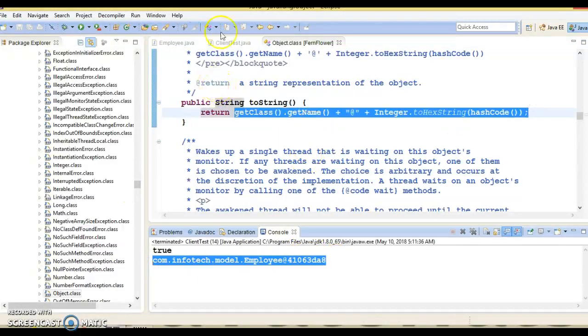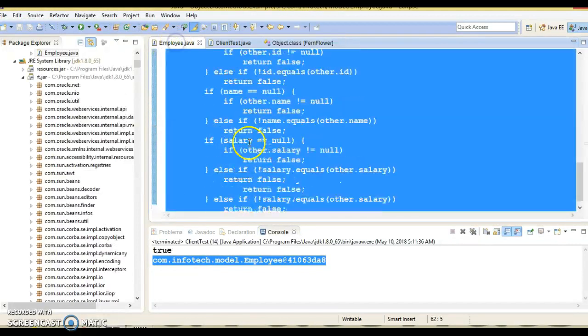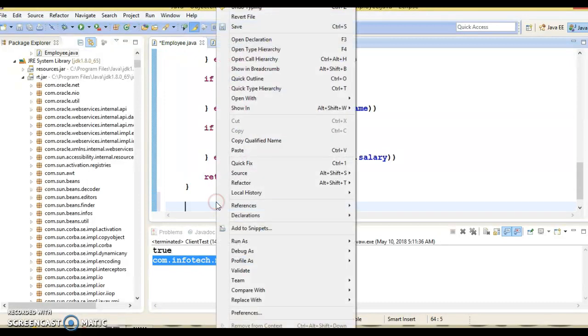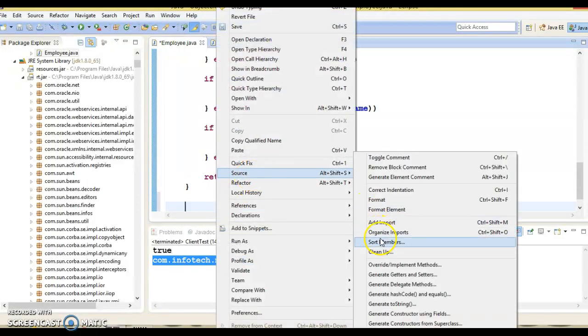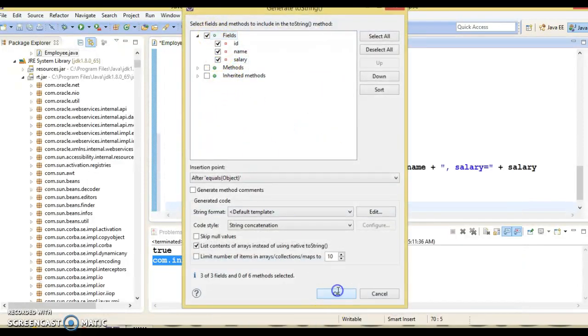If you want the state of your objects to be printed in a nice, readable format, then you have to override the toString method in your own class. So I go here, and again I'll take help of Eclipse. Right click over here, go to Source, and here you have the option Generate toString method. Select all the fields, and